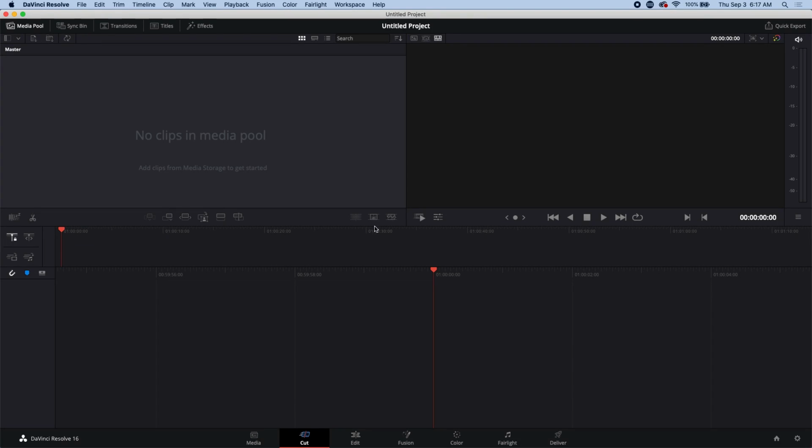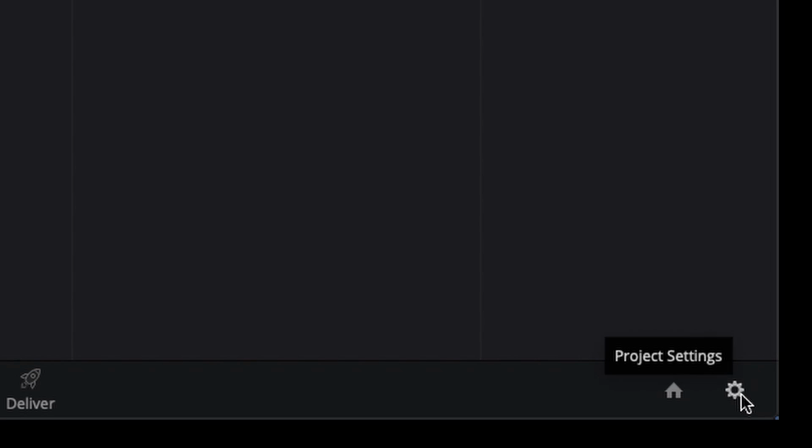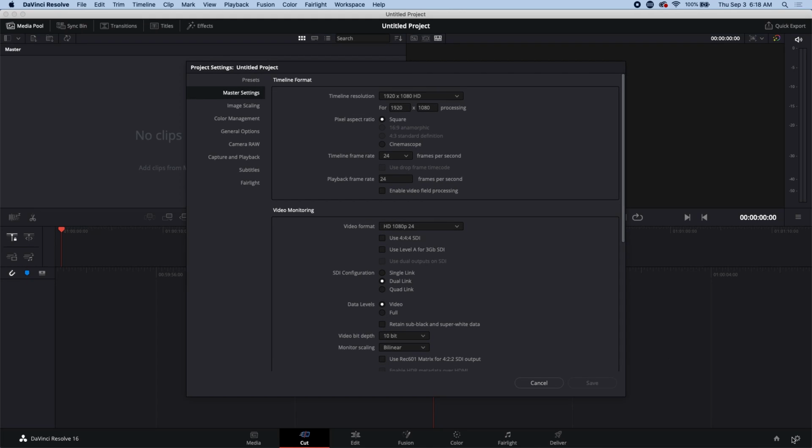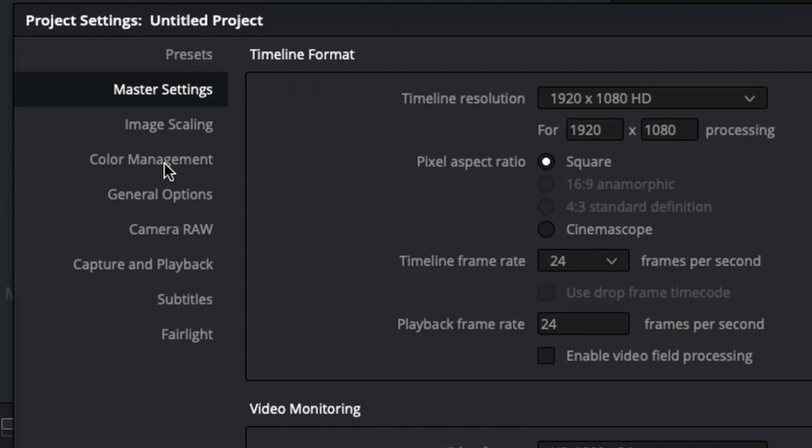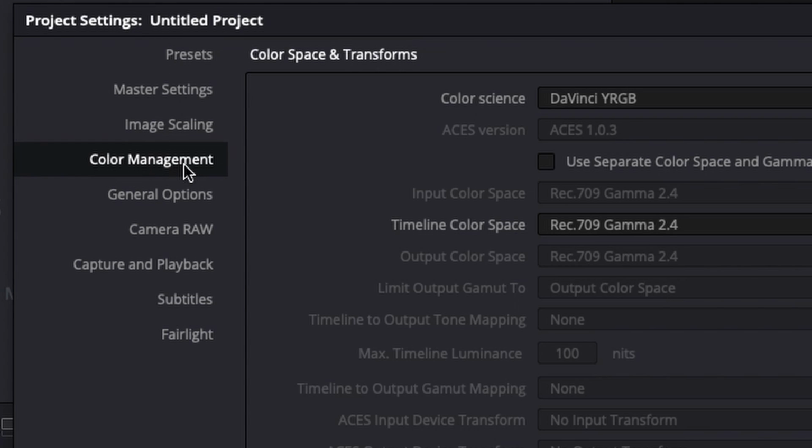For anybody who's having trouble installing the Fusion titles in Resolve for the newer versions of Mac OS, here's a quick way to do that. When you're in Resolve, go down here to the lower right-hand corner where it says Project Settings. Let's click on that. And we're going to go down to this fourth item on the left here, Color Management,